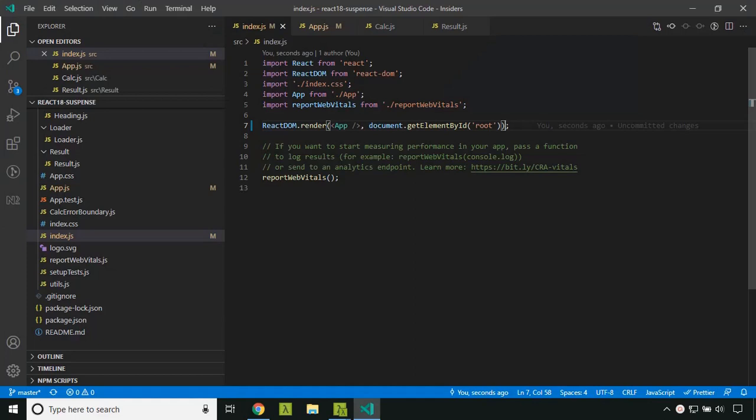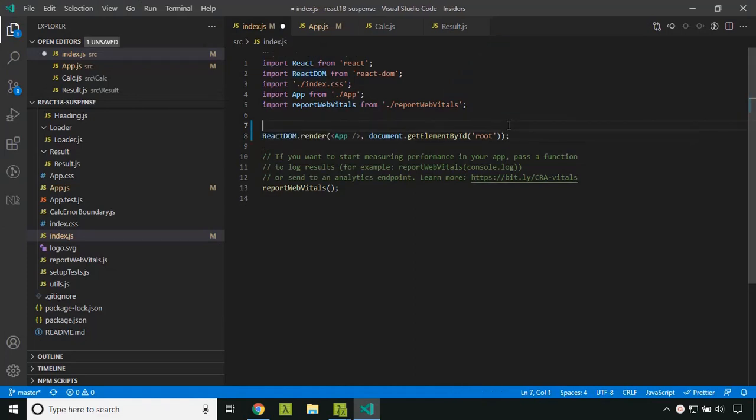Now let's make our application run in React 18. For this, we need to modify the index.js.